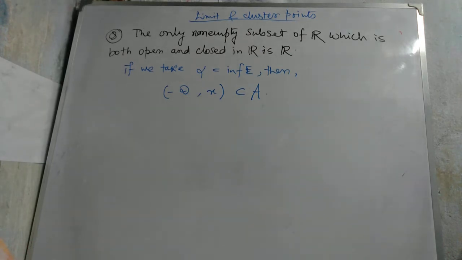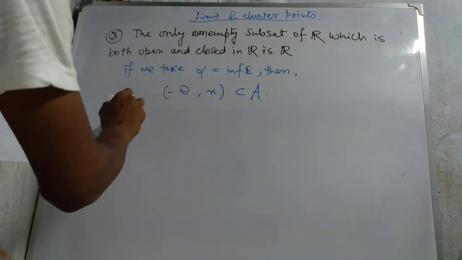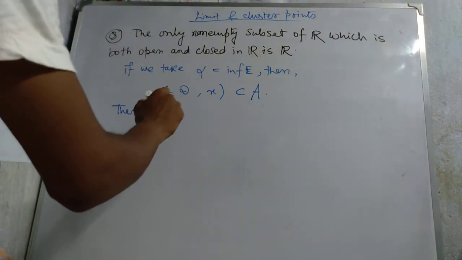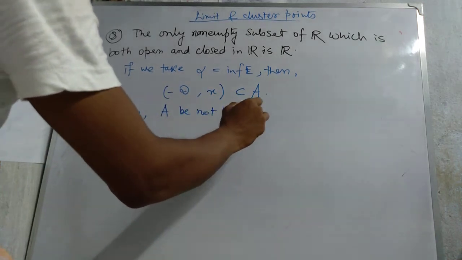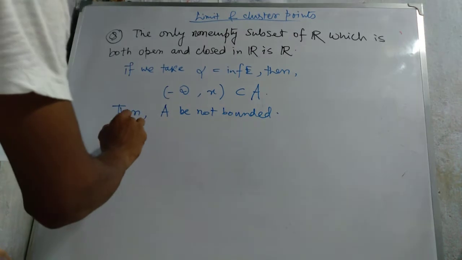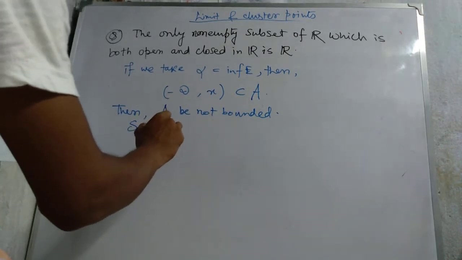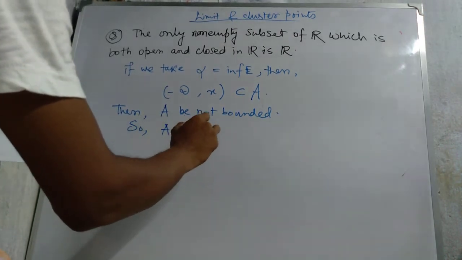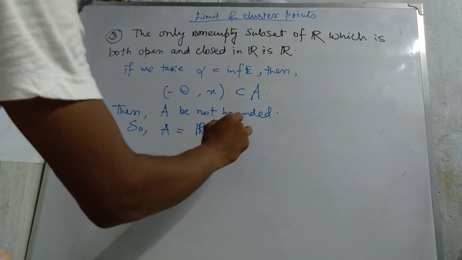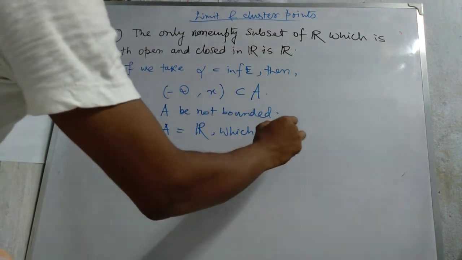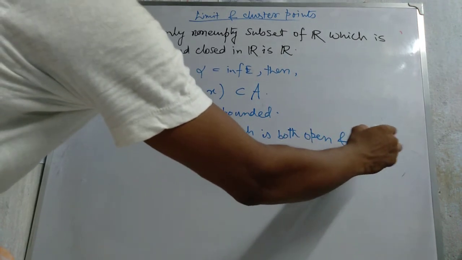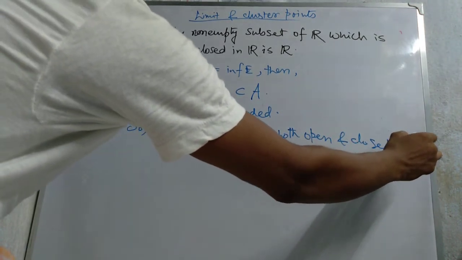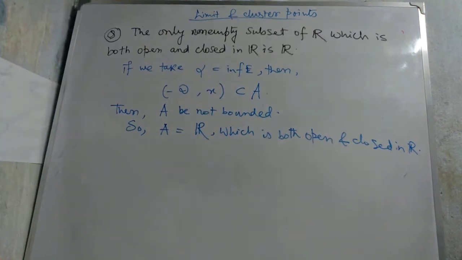then we get, then A B not bounded, so A equal to R, which is both open and closed. Okay,